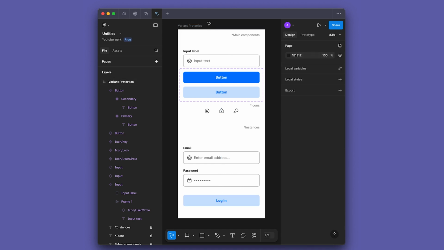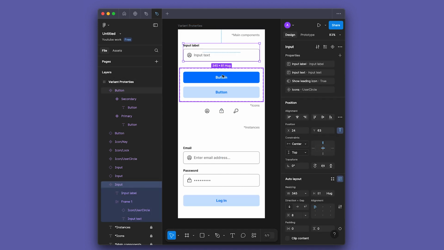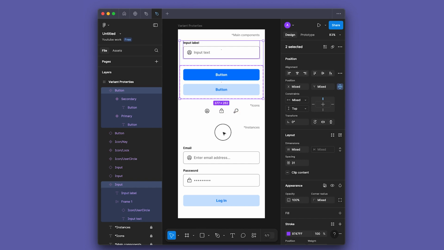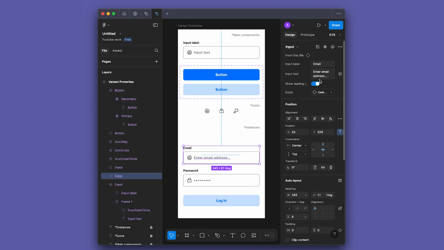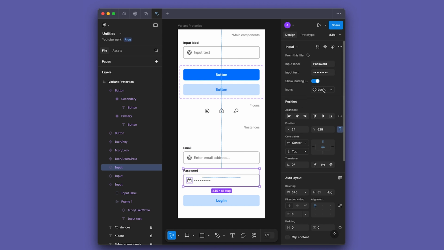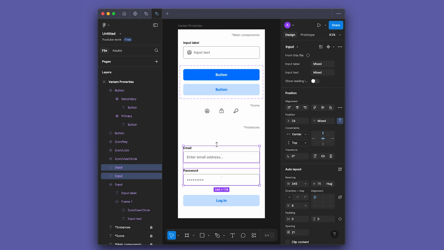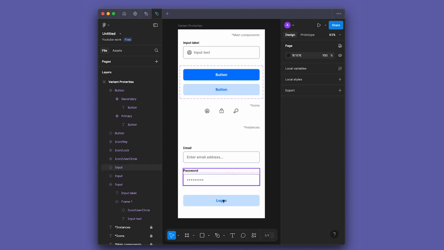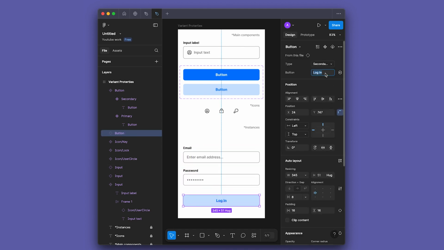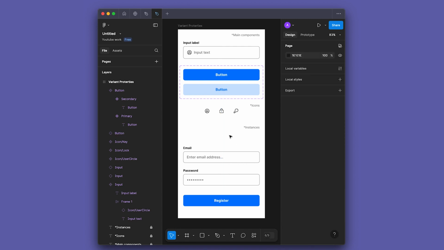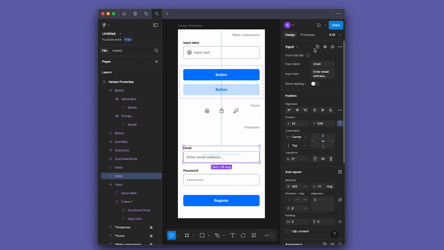So these are variant properties, and we learned how to create them properly. Instead of manually changing, we can see a lot of flexibility here, and we can simply update our component variants from here. As we can see, we have changed the icons to the lock, and for example, if I want to turn off the icons, let's turn them off, and these are the simple inputs. For this we can change the text to say register, and also we can make it primary, so without manually updating the component instance, we can simply change it from here,